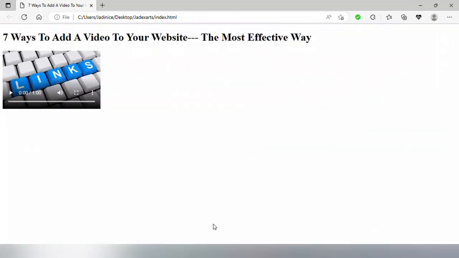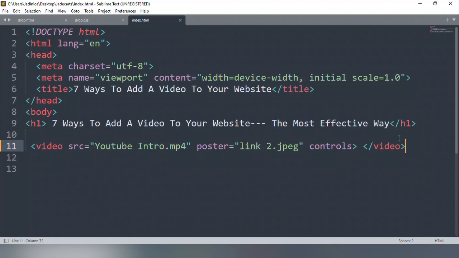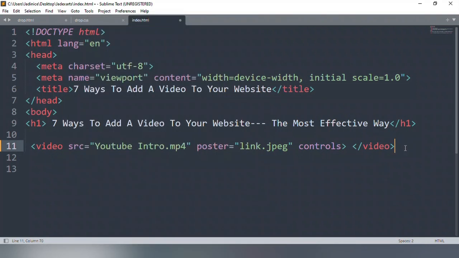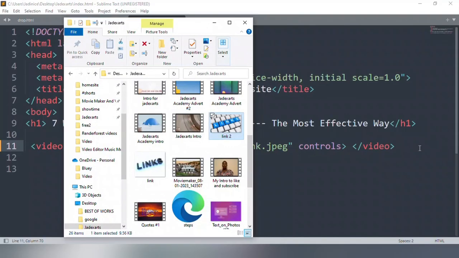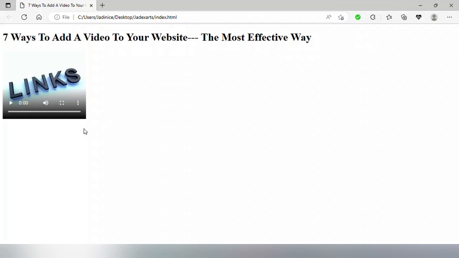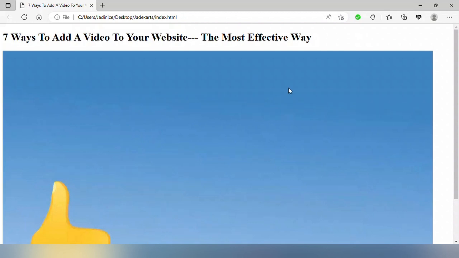It's great to see that we've been able to make a poster of it, but let's see how we can change the name of the link of the image. I can add another one like the link itself for you to see that it's not just one image that can work. You can use different kinds of images using different kinds of videos, and yes, the link is also in JPEG, so I've already checked it and that's why I'm using it. So when I refresh it, it's like this. So you see there. So when we play it, it's so huge.